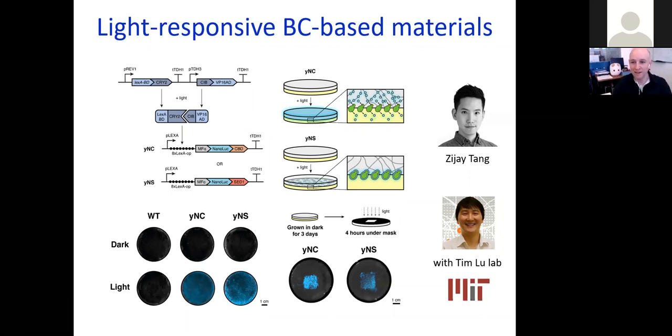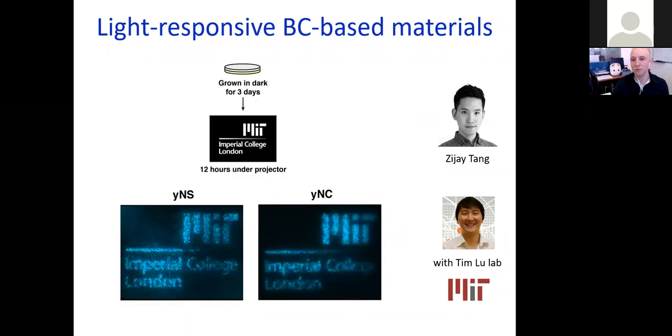Great, that's been done many times. I wanted us to be able to do that, but also make the material as well that the picture is shown on. So this would be the equivalent of the Polaroid camera, where not only do you take the picture, but you also get the material with the picture on it. And sure enough, we did this, shining the MIT and Imperial logos onto the material as it grows, and then having a bit of material that you can then take into a dark room and it glows luminescence back to you, showing these